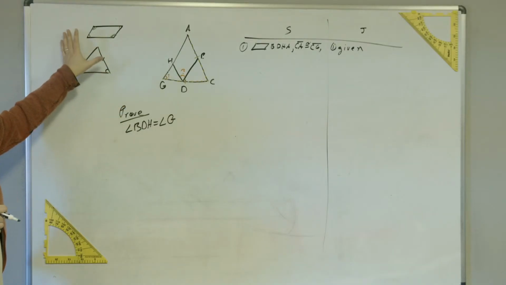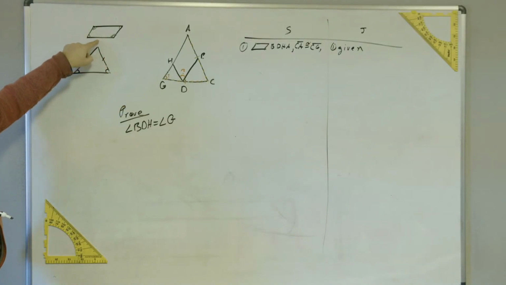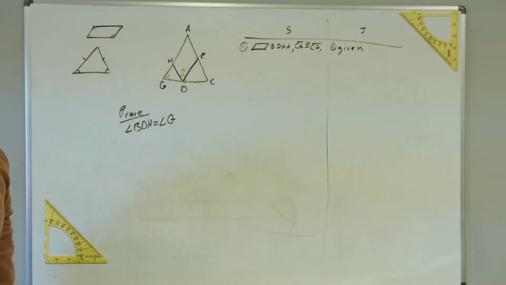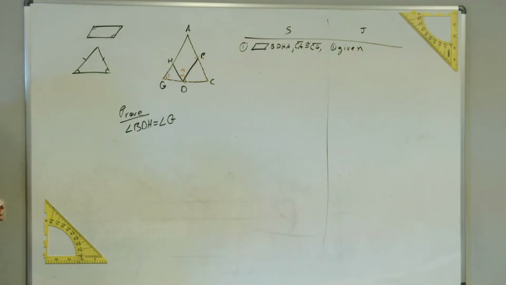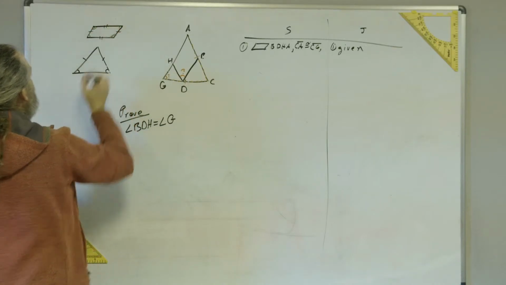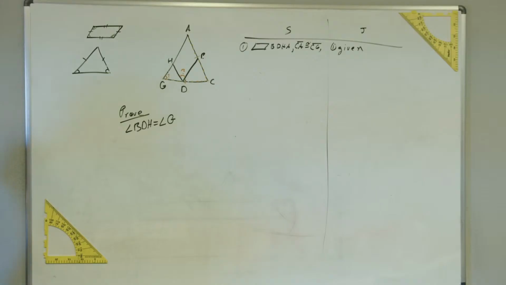What else? We're not going to use it in this proof, but what else do we know about a parallelogram? We already said it earlier when we were solving 18. No, not angles, but you meant sides, right? Yeah, sides are congruent, right? True enough. We don't care about sides necessarily on this one, right? Okay, so